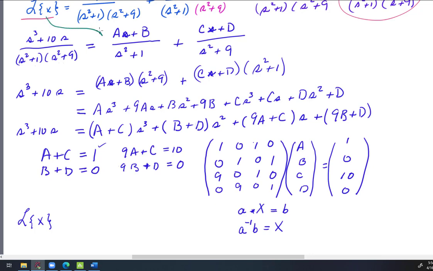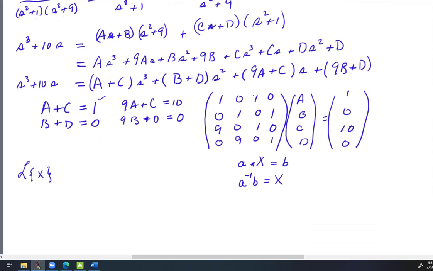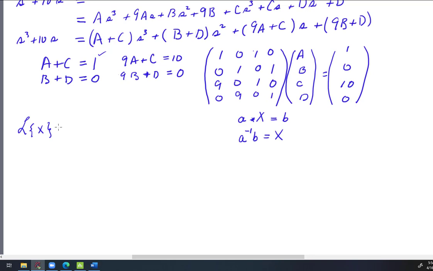L of X is this expression, but now we know the values of A, B, C, and D. And so I can write now L of X equals 9/8 S plus 0 over S squared plus 1 minus 1/8 S plus 0 over S squared plus 9 is equal to